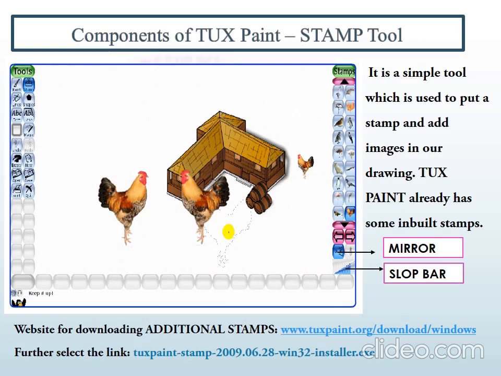One important thing is the stamp tool in the magic tool. So now, stamp tool, what is it? It is a simple tool which is used to put a stamp and add an image to our drawing. If you have a difficult drawing you wanted to add, the stamp tool is available in Tux Paint. By default, you will have the penguins for the stamp tool. But as I have given here, there is a website for downloading additional stamps,